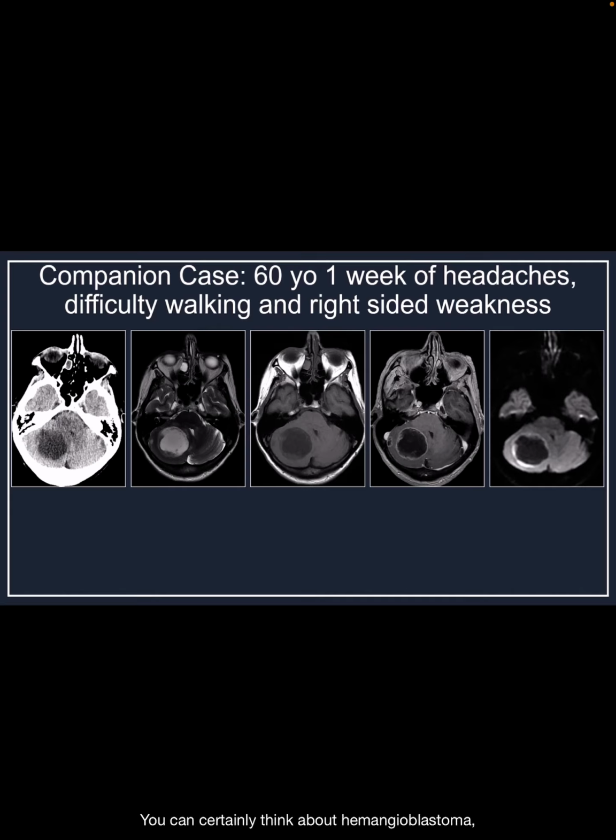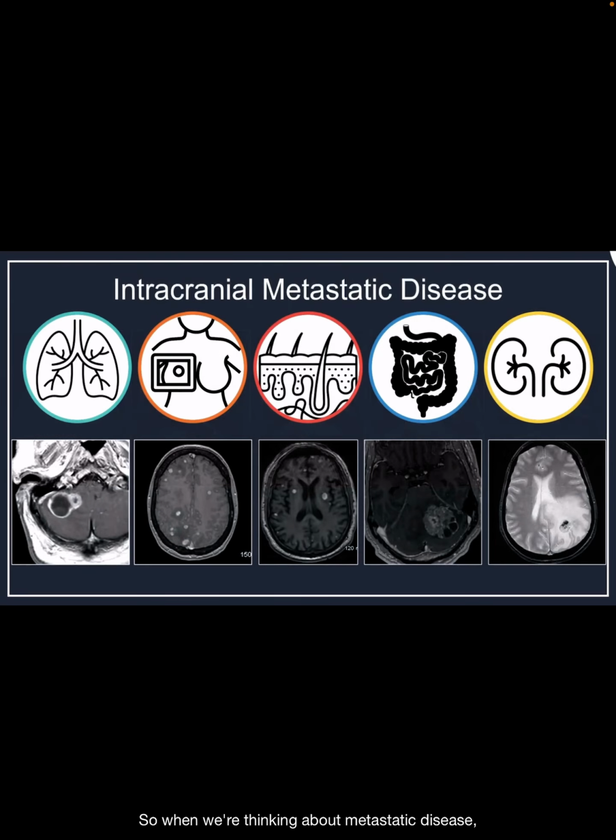You can certainly think about hemangioblastoma, but we don't really have any flow voids here. And because of the multiple lesions, we're going to be considering alternate diagnoses, and metastatic disease is going to rise to the top, particularly for a rim-enhancing mass in an adult with multiple lesions. So when we're thinking about metastatic disease, our next step is really to try to figure out